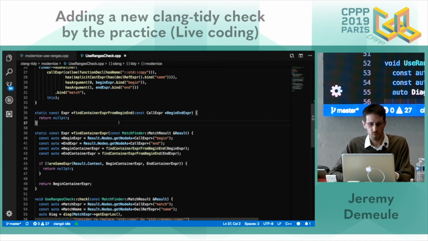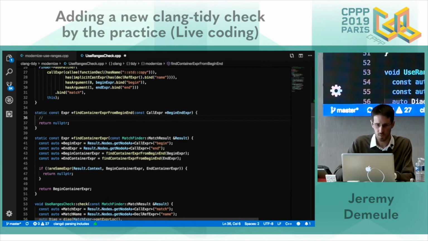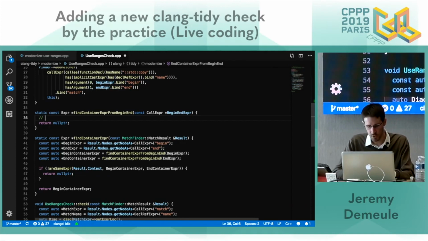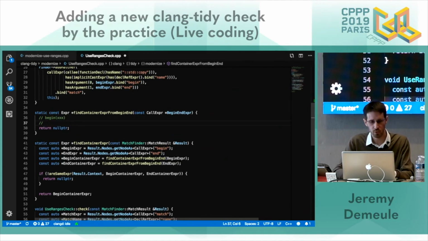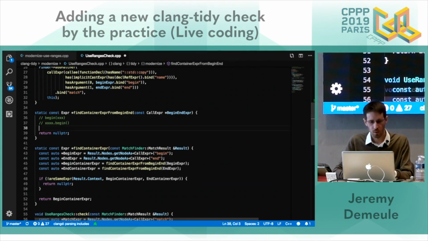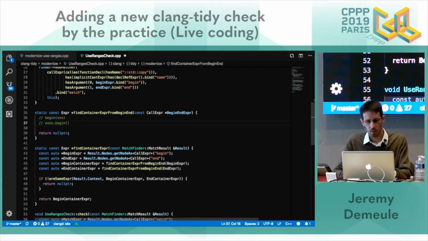Okay. Now this will be maybe the tricky part of that. We want to match either a free function call, so begin of something, or a member function call, which is the begin. In C++, you can use different techniques.